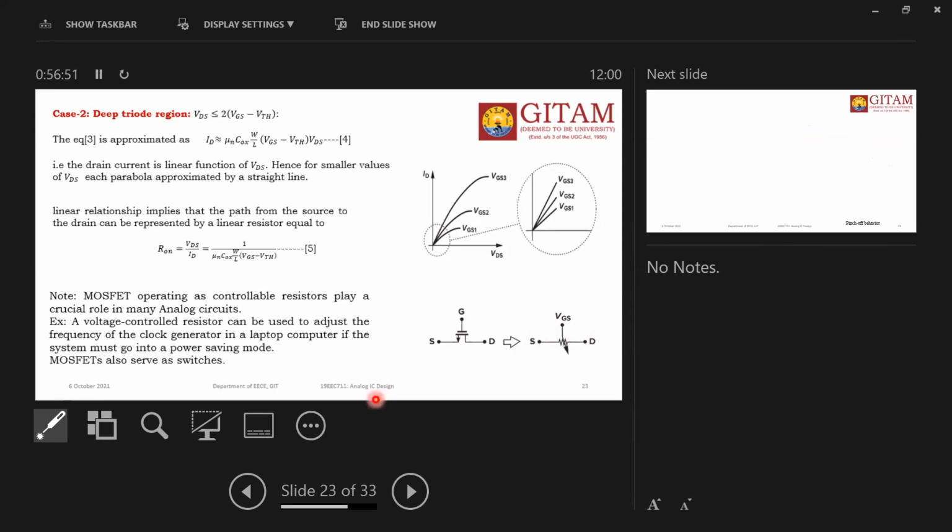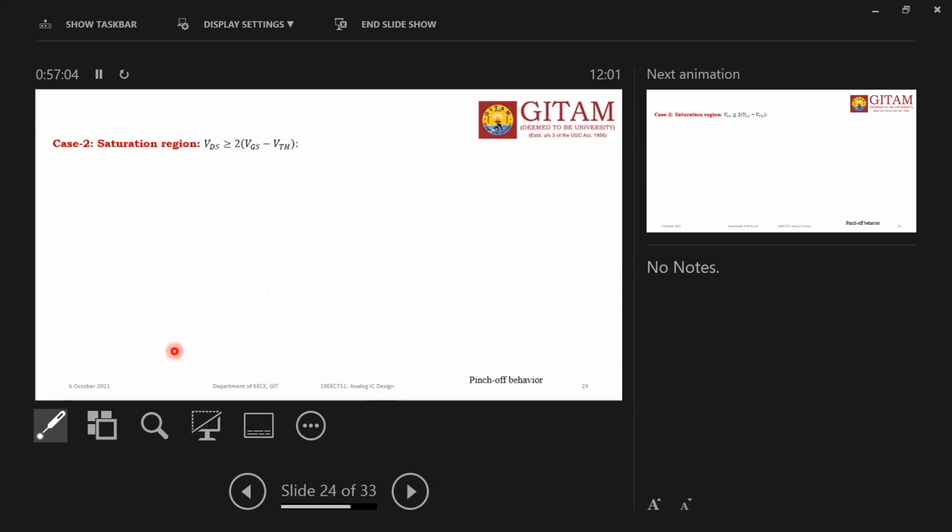So MOSFETs also serve as switches. Yes, this can act as a switch. This can act as a variable resistor to change the frequency of the clock generator. So this is case 2. Case 3 is